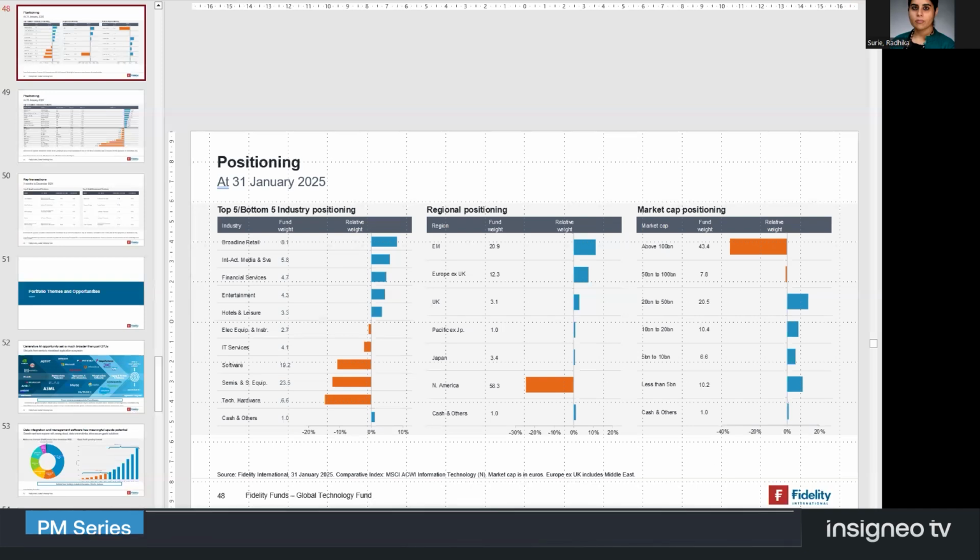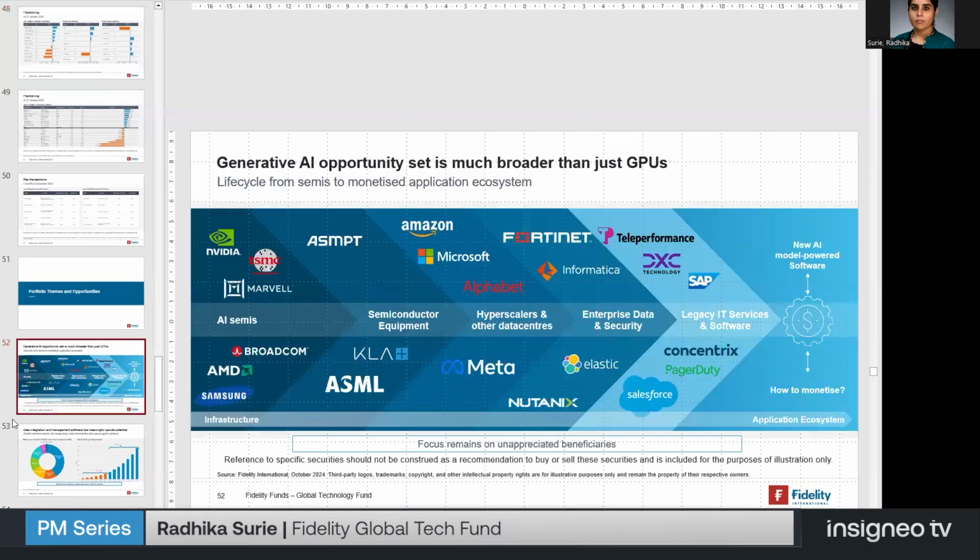But in terms of the themes running through the portfolio, there are several quite interesting themes. They're all pretty bottom up in how we allocate to them. But let's start with generative AI, because we've taken a very value chain approach to generative AI, and we have held names where we believe there is still upside. And we've avoided names that have been expensive. So while we haven't held the Nvidias of the world, we have built positions in names like TSMC, where they are directly getting orders from NVIDIA, but where there is still upside in the stock.